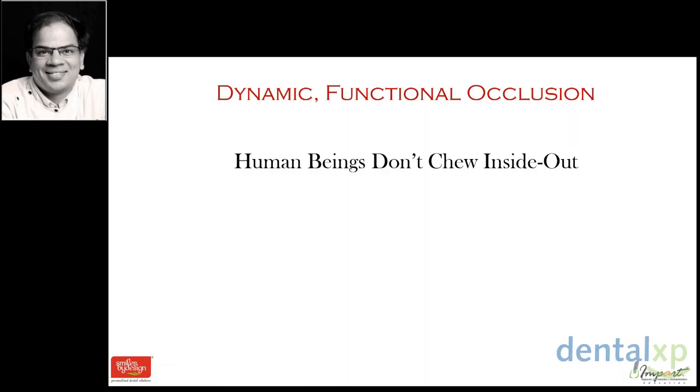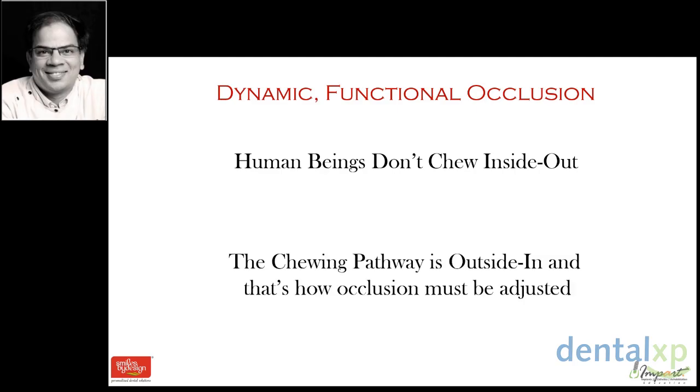That's not how human beings chew, and that's why the occlusion should be adjusted with the chewing pathway based on the Beekman-Cois article that I mentioned, and that's how we will adjust the chewing pathway for all our occlusion patients. In fact, that's what we do for all our aesthetic and smile design cases. That's what we do for all our full mouth rehab implant cases. With the chewing pathway, you need to pay due diligence so that nothing comes in the way of the brain finding MIP. That's the bottom line here.